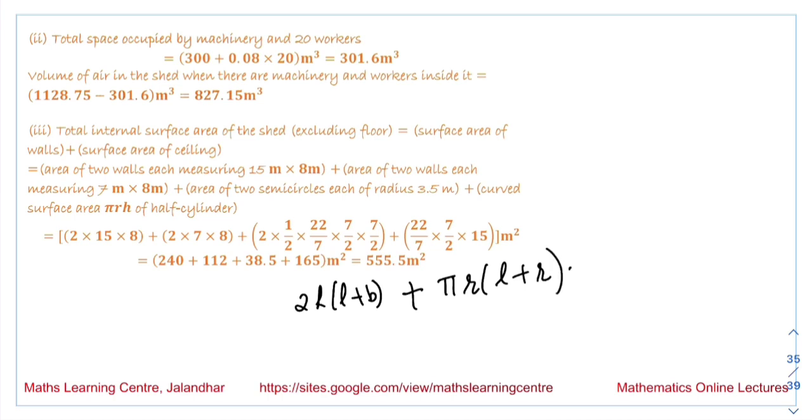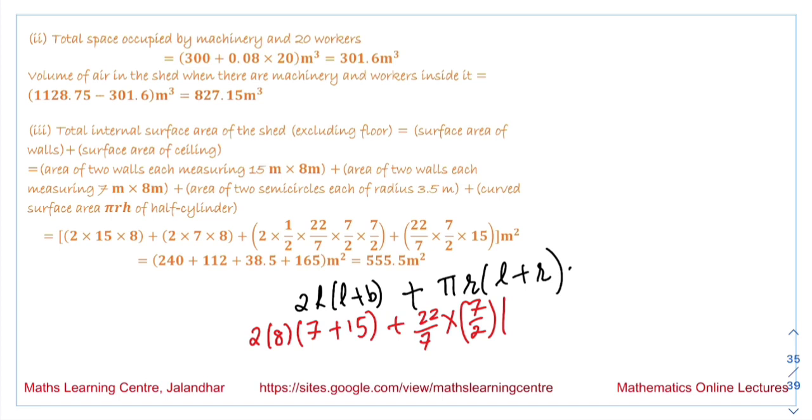So on substituting these values, we will get 2 into 8 into L plus B, which is 7 plus 15, plus 22 by 7 into the radius that we have over here, which is 7 by 2,